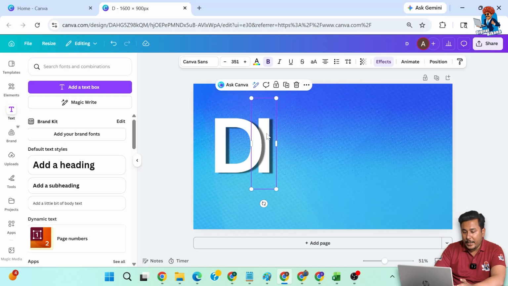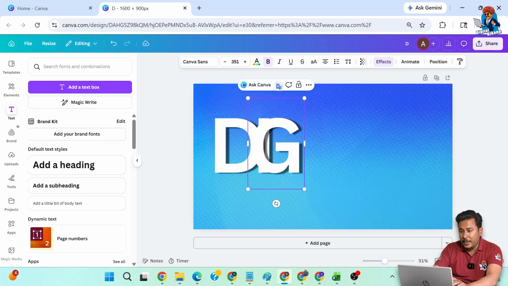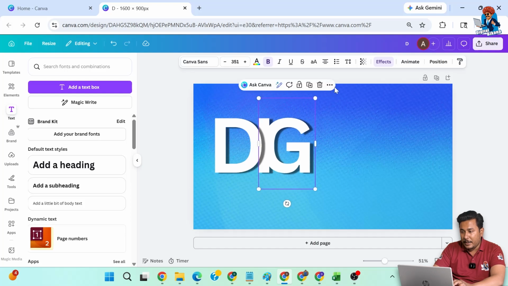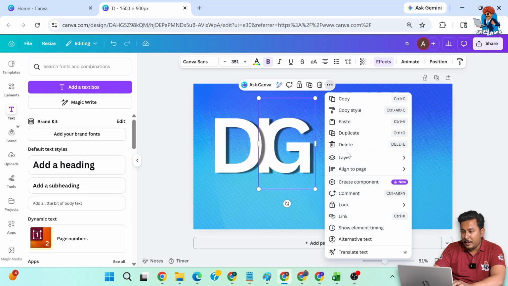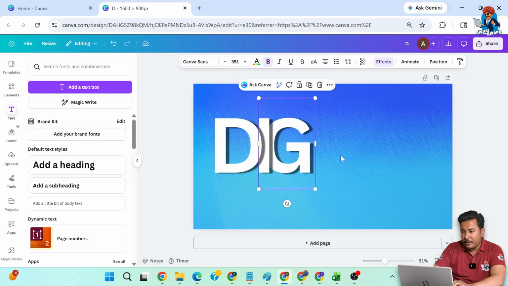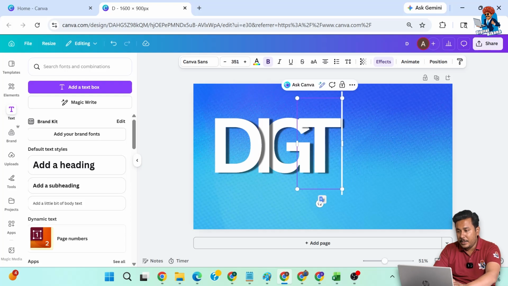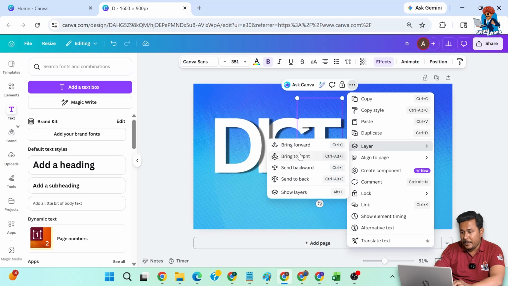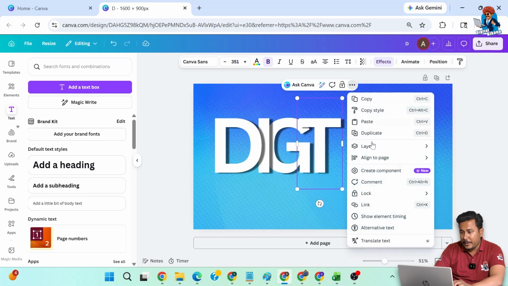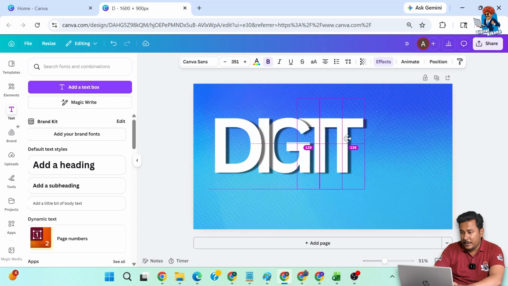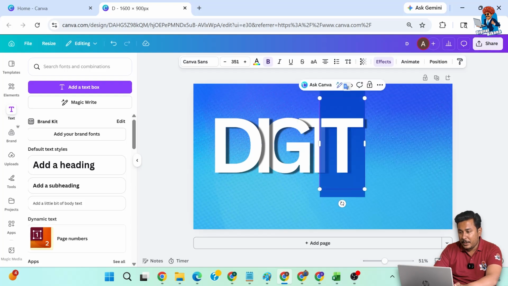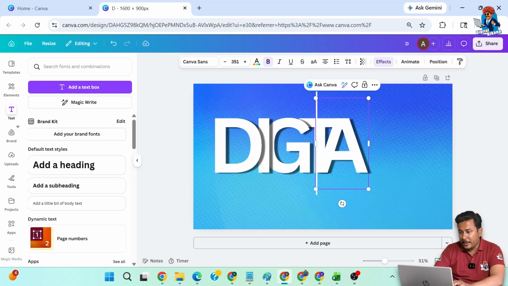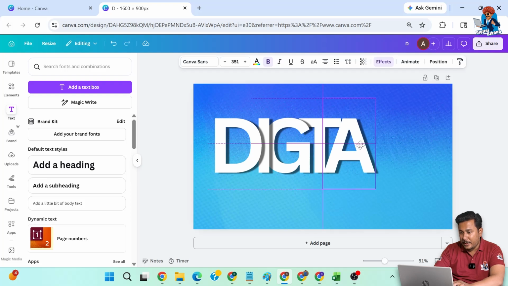Okay, it's done. Again press Alt and move your cursor over the right side, G. Okay, now again let us send this G backward. So I've clicked on triple dot and then layer, send backward, and again T in a similar way, layer, send backward, again layer, Alt, and this one A, and again we are going to send it back,